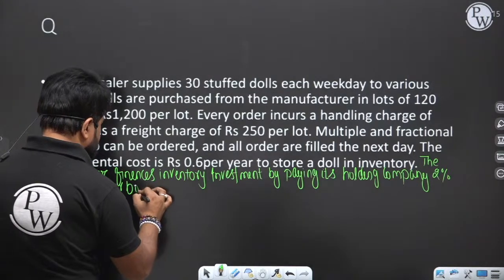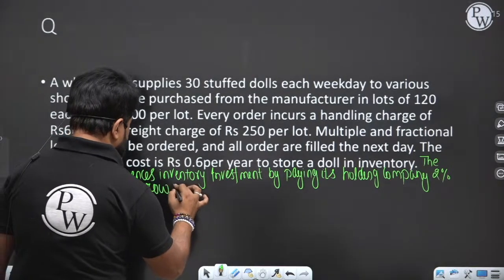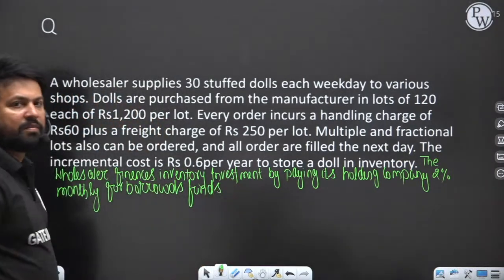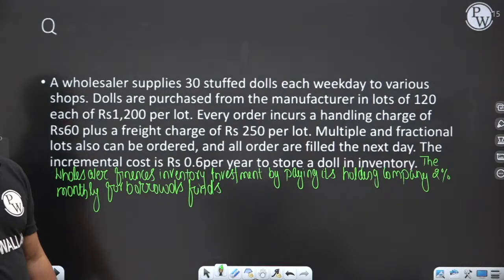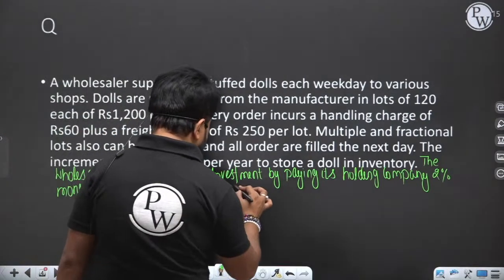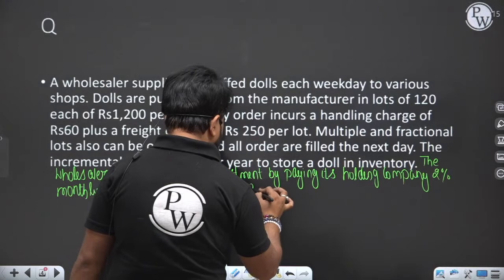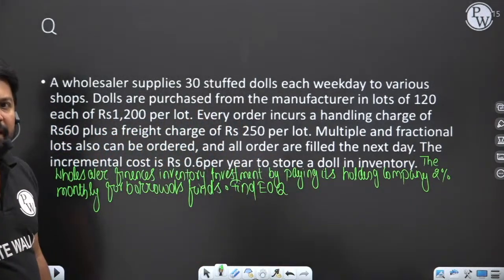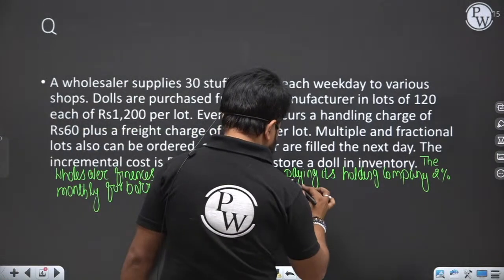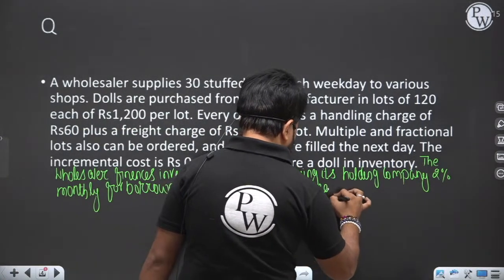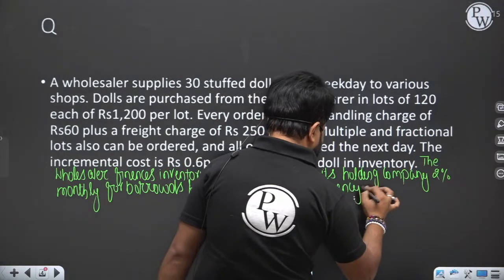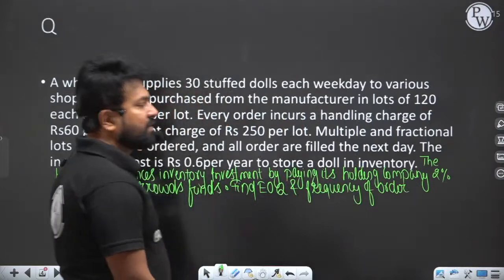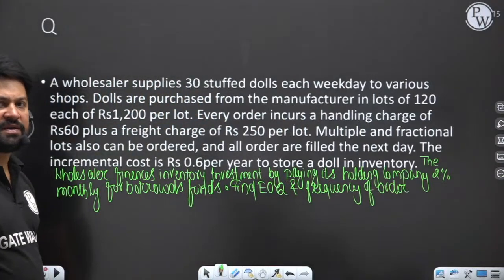Find the economic order quantity and frequency of order,